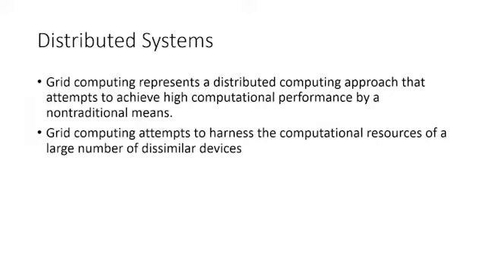And then we have those distributed systems. Now we're talking about grid computing. Still a type of distributed systems, but grid computing represents a distributed computing approach that attempts to achieve high computational performance by different, non-traditional means. So it attempts to harness the computational resources of a large number of dissimilar devices. So it's trying to take the processing power of anywhere that it can, not necessarily a server or a laptop,